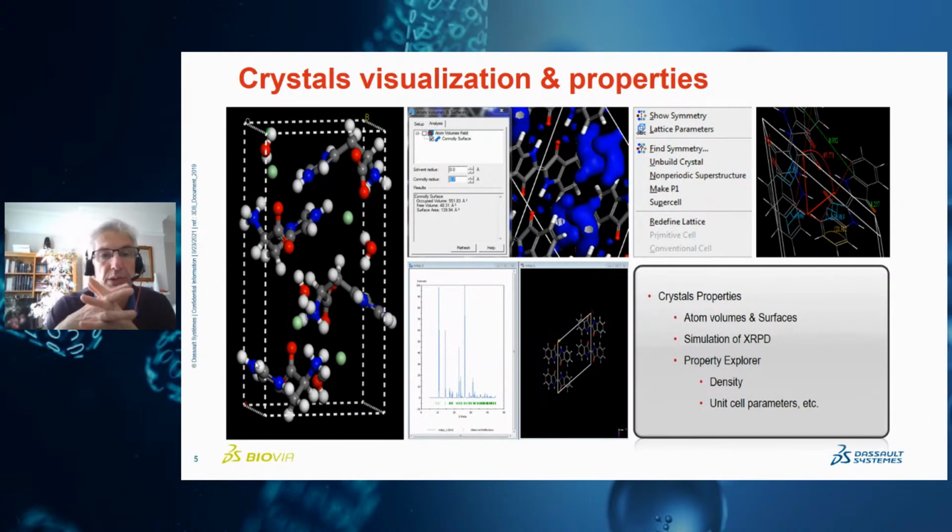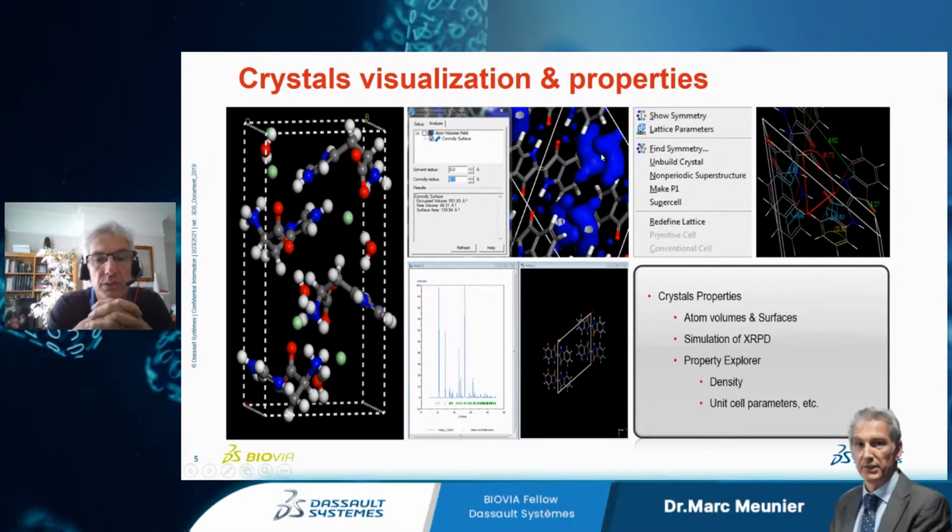So we have a Material Studio visualizer where you can look at the crystal structure, and you can measure all sort of geometric values, the angles, the distance between the compounds. Is there any void? Could you form a hydrate? Because those blue things here show that there is a bit of space in between the drug molecules. You can simulate an X-ray. You can upload a CIF file, say from the CCDC database, and then simulate an X-ray and see how that compares to the one you